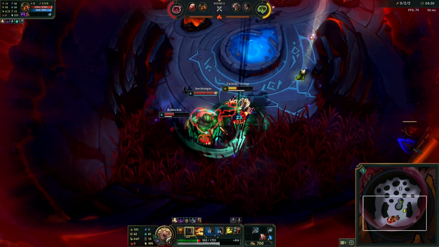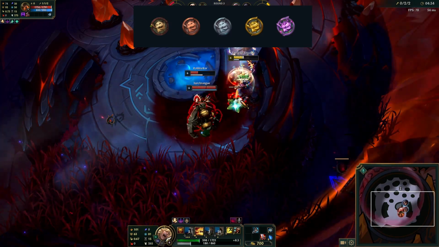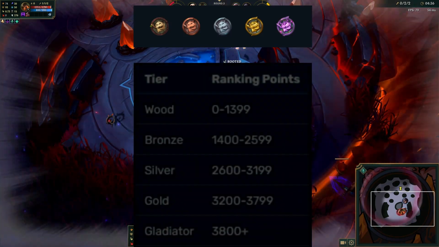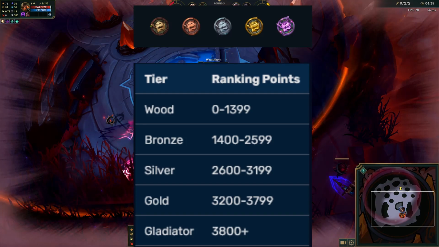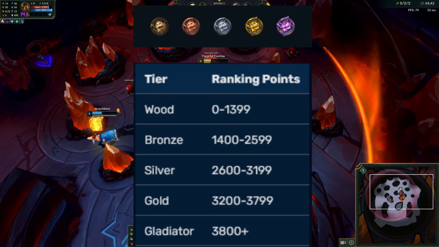In Arena there are 5 ranks, and you will start off with 500 LP in Wood. The LP thresholds for each rank are as follows. Wood is 0 to 1399 LP, Bronze is 1400 to 2599 LP,